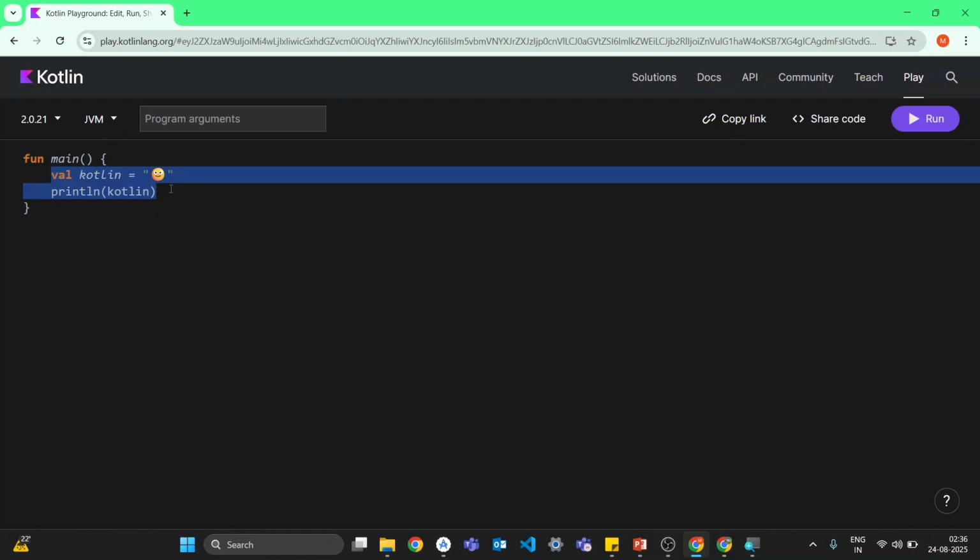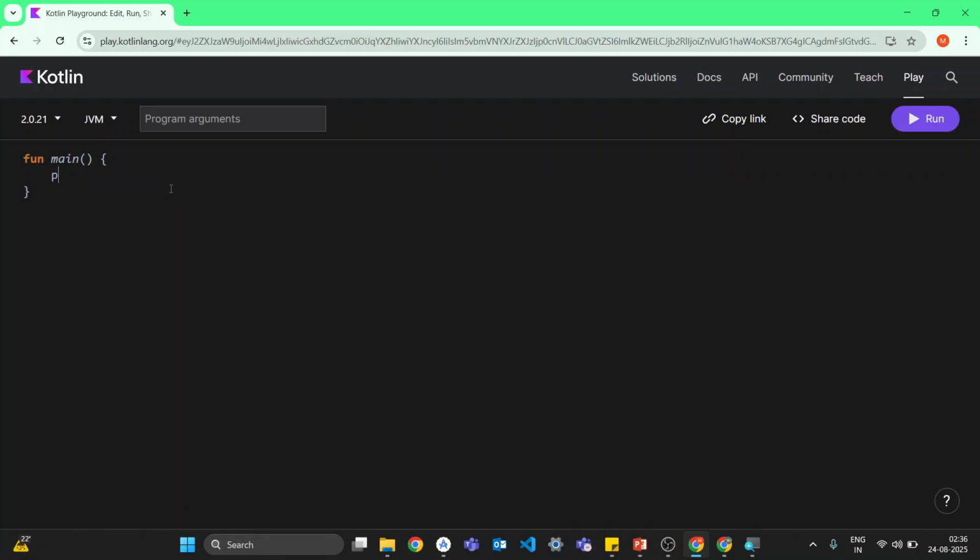To print something, let's say I want to print hello world. So println hello world. Welcome to Kotlin. This println is exactly the same as System.out.println in Java. If you are familiar with Java, you can understand this point very well. Println is nothing but print this given statement and go to the next line after printing it, which is equivalent